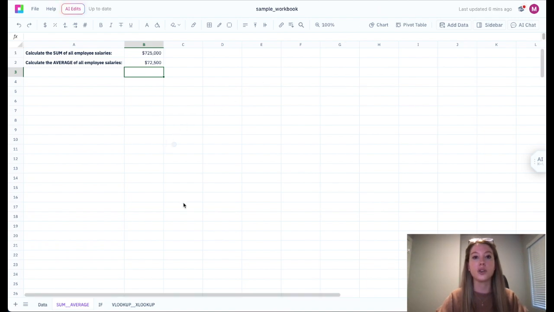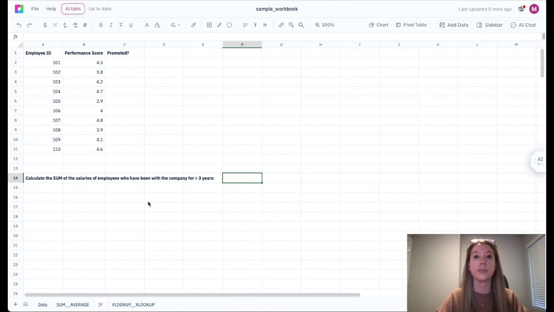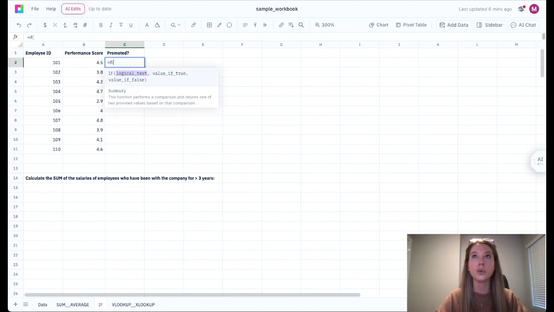Other formulas that you might need to know are conditional formulas like if, sum if, average if, count if, etc. So the if formula says that if a condition is true, you get one output, and if the condition is false, you get a different output. So in this example, we're going to say that everyone who has a performance score of 3 or greater gets a promotion. So I'll start with equals if, and the first input I need for my if function is the